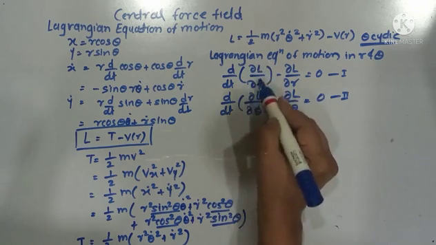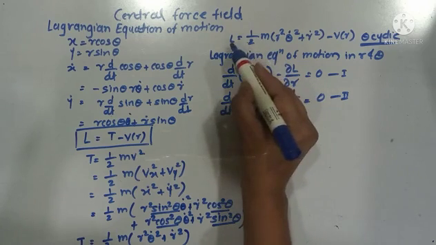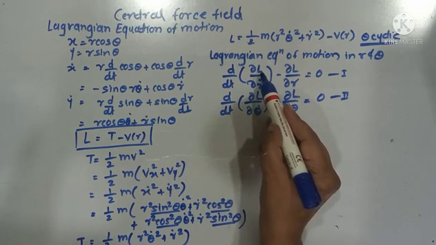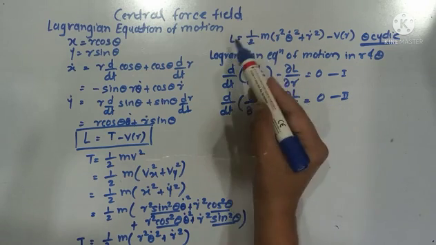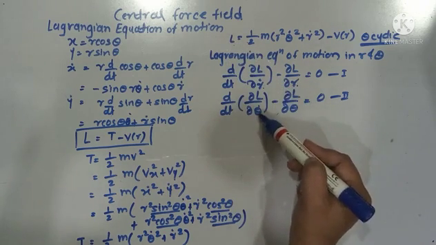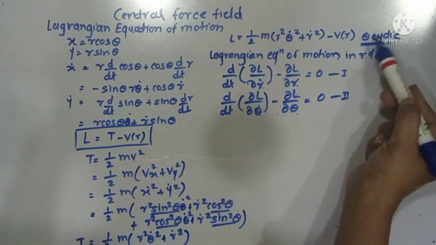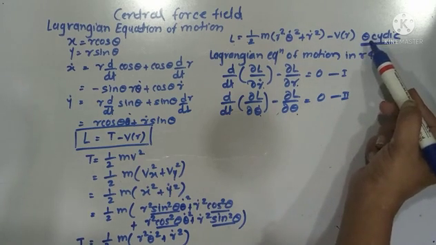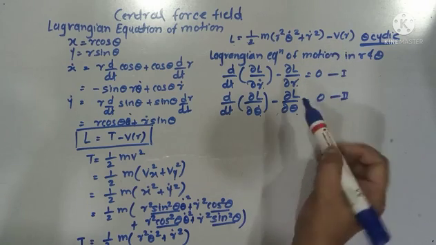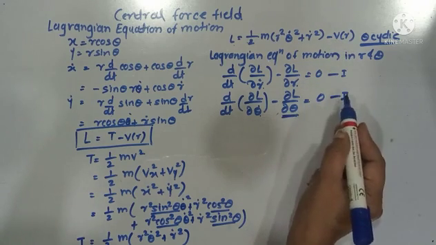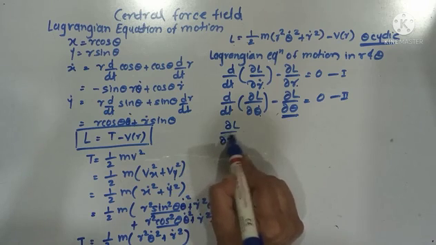So we have to calculate all these terms. I have to take the derivative of this L with r dot, r, theta dot and theta. But obviously dou L upon dou theta is 0, as we already saw that in this Lagrangian theta is a cyclic coordinate. No theta term, therefore dou L upon dou theta will be equal to 0. So this term will be 0. So let us calculate dou L upon dou r dot.